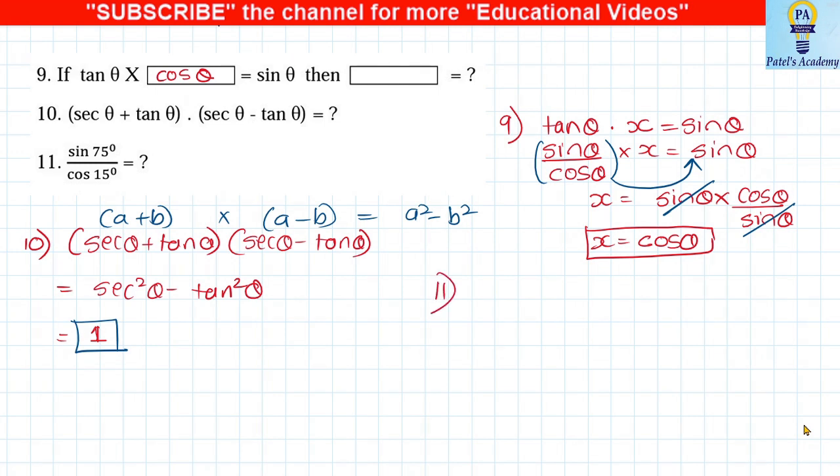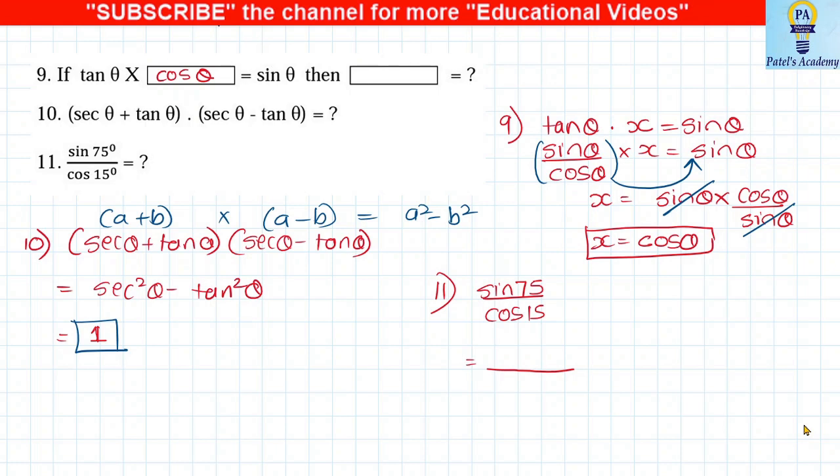Now let's see the 11th one. Sin 75 upon cos 15. Now the standard table, students, what you have done in 9th standard doesn't have these values. We have which values? 0, 30, 45, 60, 90. So this particular sum is based on complementary angles. We have two terms, one in the numerator and one in the denominator. So make sure that you change any one term, don't change both. If you change both, you won't get the answer back. So change any one. I'm changing the numerator, you can go with the denominator also.